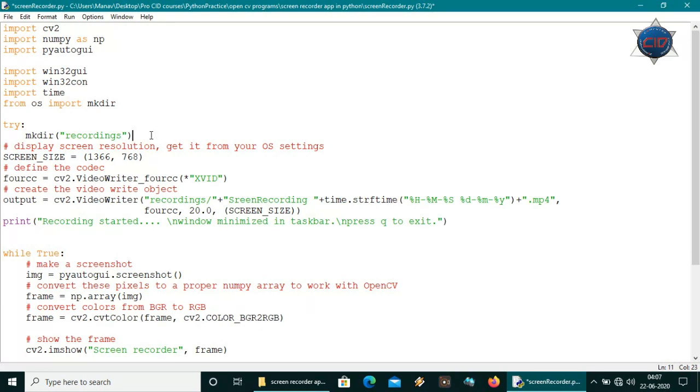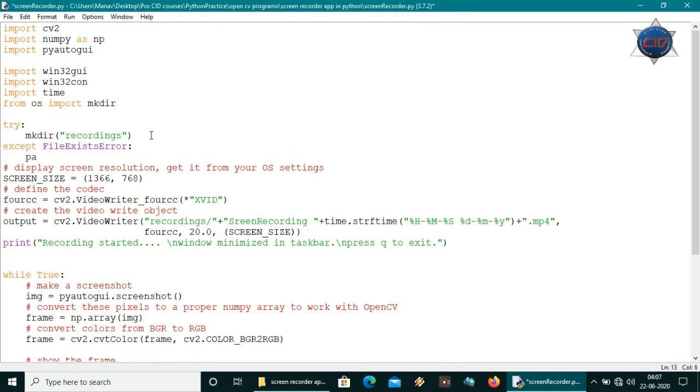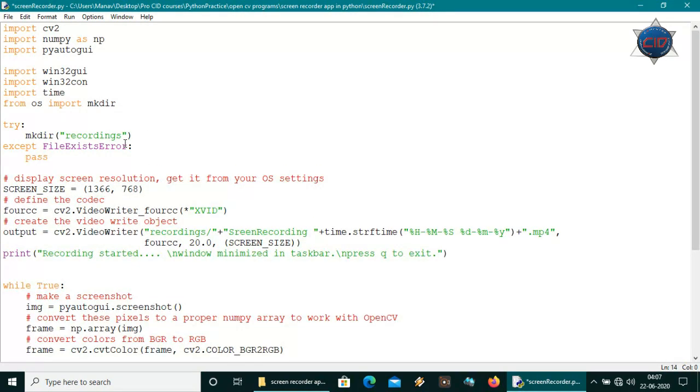Okay, now it will make the recordings folder, and now if it is in existence, so we'll handle the existence with except, and under except I'm passing here FileExistsError. Okay, the spelling is good. And now if it exists, then it will just pass. Okay, so it will make the directory called recordings for the first time running.